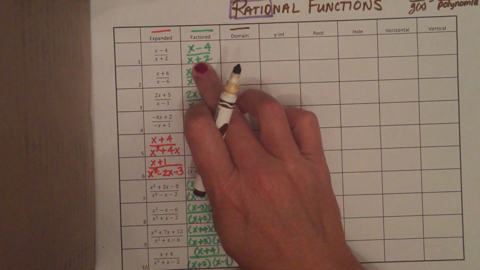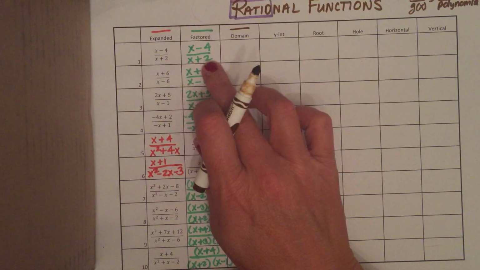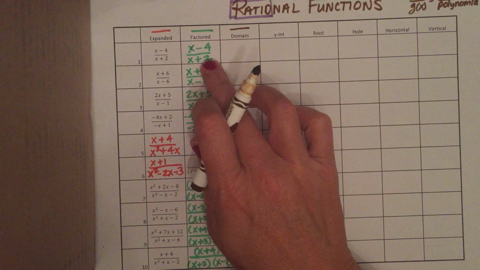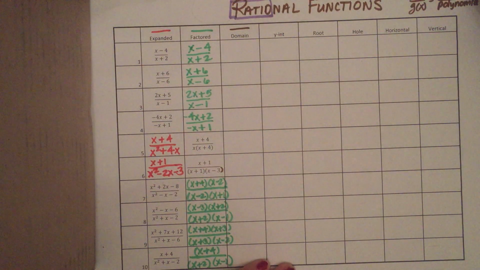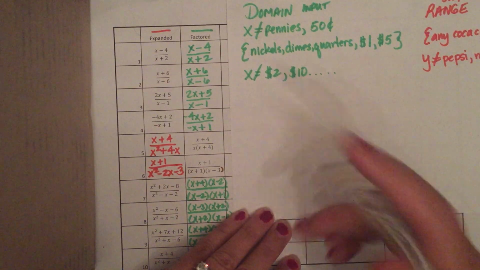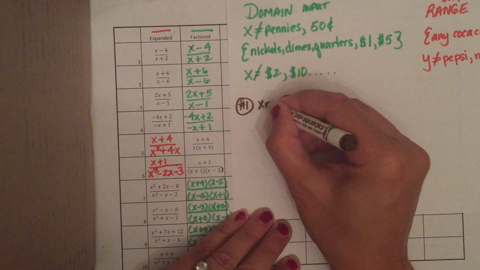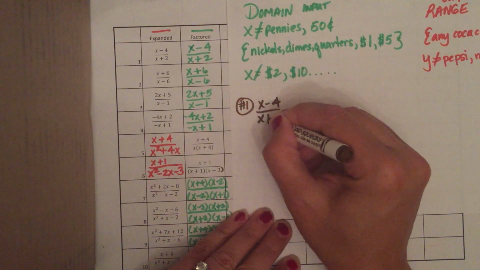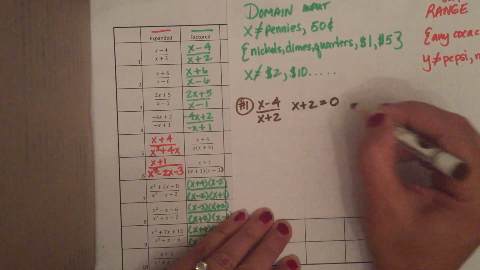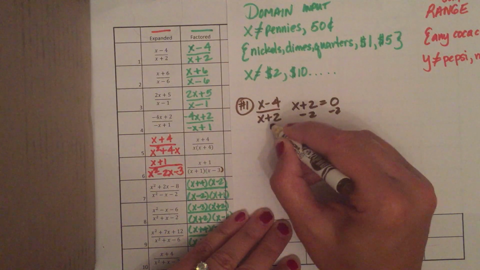Well, if you look here, the denominator of my fraction is x plus 2. If x is negative 2, that makes the denominator 0. So just to show you, this is number 1. On number 1, if I have x minus 4 over x plus 2, the one thing I know is that x plus 2 cannot equal 0. If it does, that makes the denominator 0,